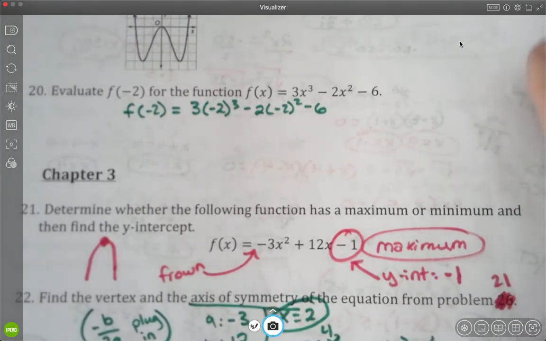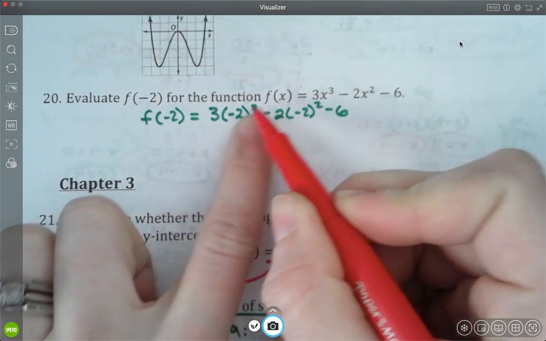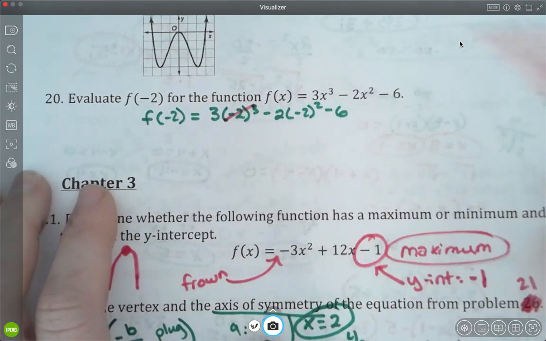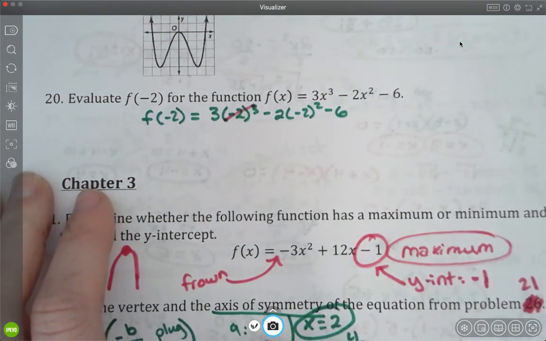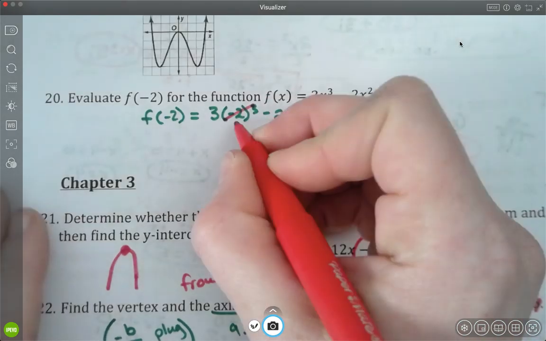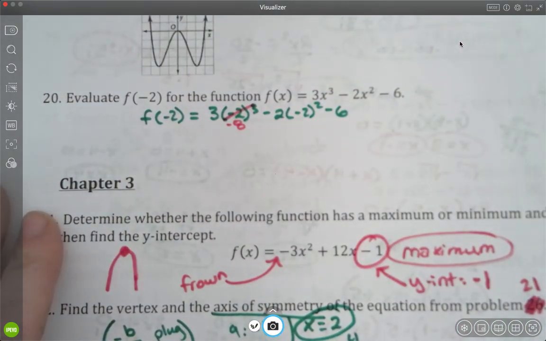Okay, so I just wrote that in, filling in the -2's. Now here's my question to you, because I see people do this wrong all the time. Do you take 3 times -2 and then cube it, or take -2 cubed first? You take -2 cubed first. Exponents come before multiplication. So -2 to the 3rd power is -2 times -2 times -2. What's that? -8. Okay, so is that 3 minus 8 or 3 times -8? 3 times -8, which is